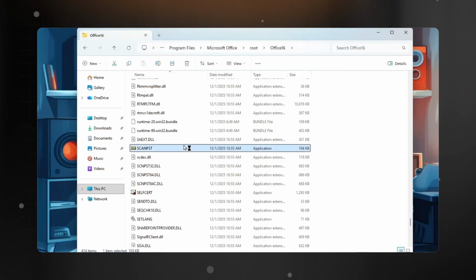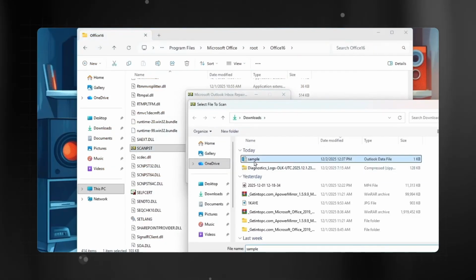In the next few minutes, I'll show you how to repair a corrupt PST file online, preview the repaired mailbox folder structure before downloading the repaired PST file, and get back into your Outlook data in just a few simple steps. Most users try Microsoft's built-in inbox repair tool,